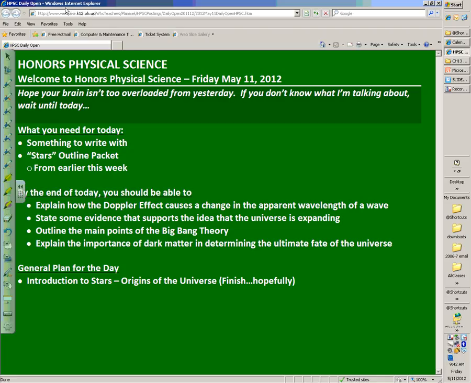As far as the packet goes, we've not done the first 3 pages of the packet. We are not going to do the first 3 pages of the packet. You are not going to be responsible for the first 3 pages of the packet, except for the HR diagram, which we could use in the life cycle of the star. There's a big version of the HR diagram on page 3, but there are also smaller versions later on. So, anyway.